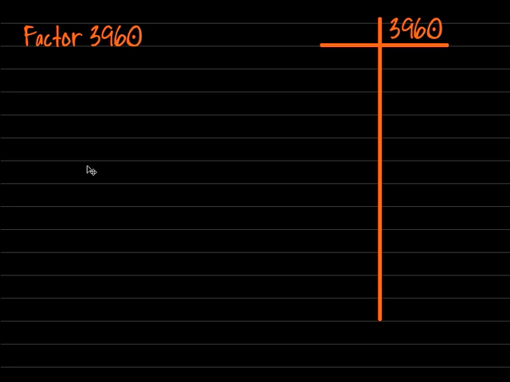In this video, we're going to learn how to rewrite an integer as a product of prime factors. And we're going to start with 3,960. The way we do this is we test to see which integers will go into 3,960. And the prime numbers we work with, the first few are 2,